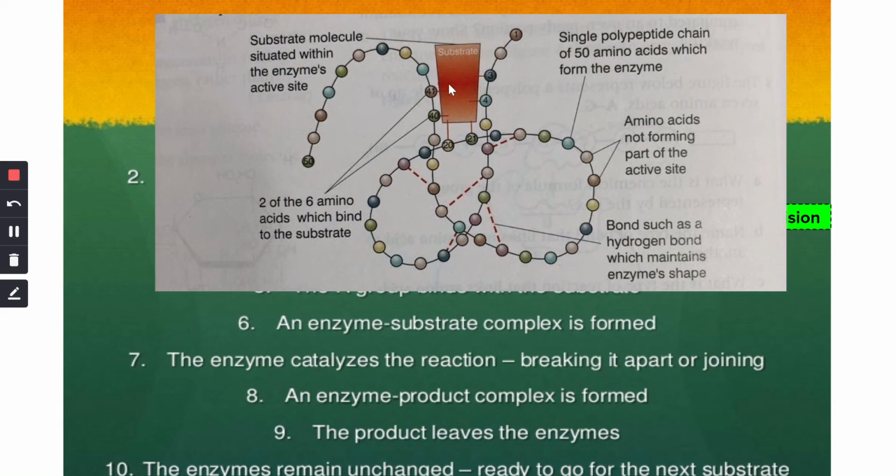When the activation energy is lowered, the substrate will quickly either make or break bonds, and enzyme product complex will be formed instead, and the product will immediately be released from the active site. Once the product has left, the active site is again free for binding with the next available substrate. So again the process repeats.